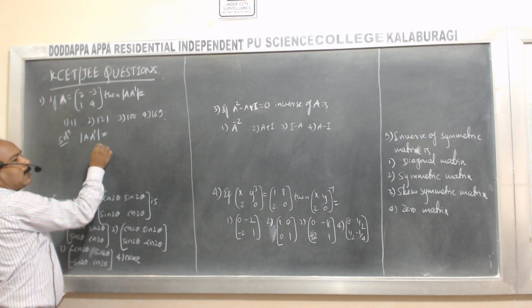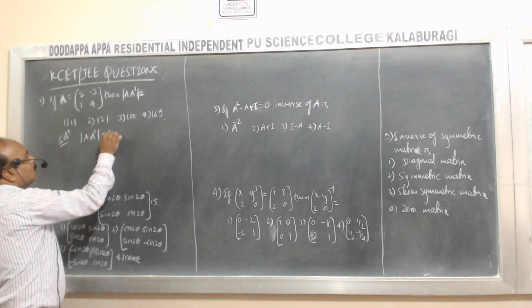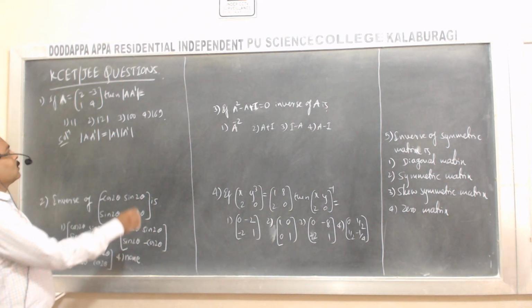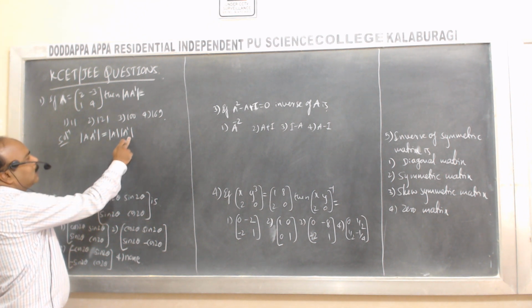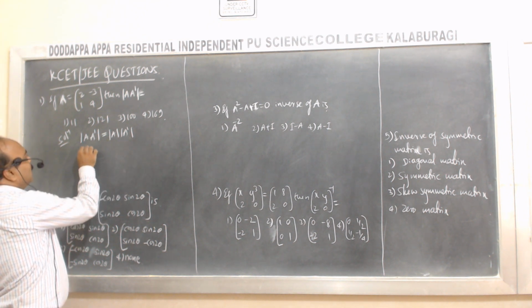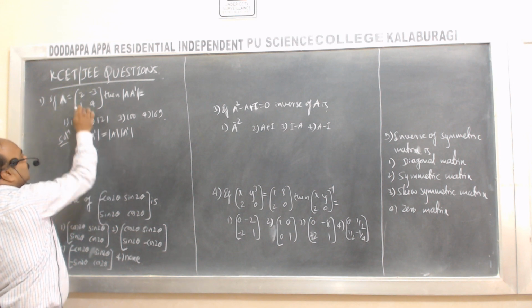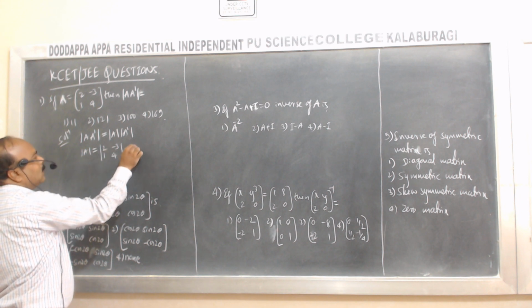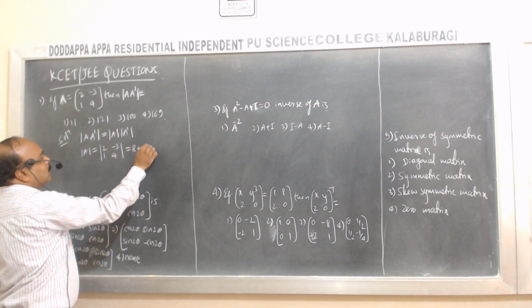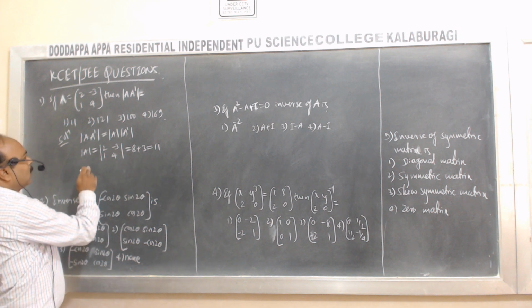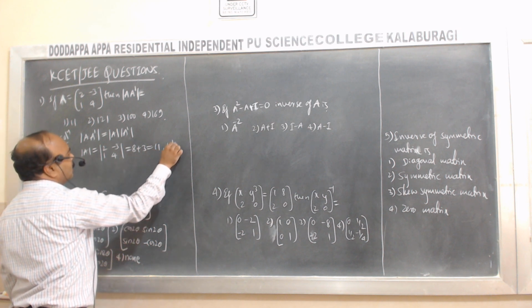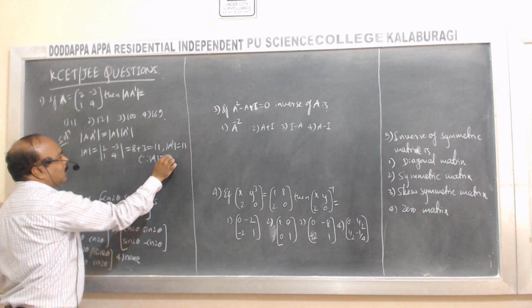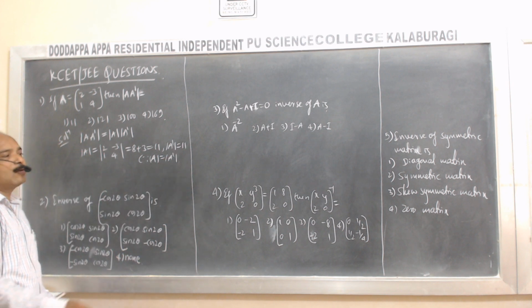Now we can apply the property: determinant of A into A dash is given by determinant of A into determinant of A dash. Now we know that determinant of A and A dash are always equal. For that we find determinant of A. Determinant of A is here 2, minus 3, 1, 4. It is 2 into 4 is 8, plus minus into minus plus 3, it is 11. If determinant of A is 11, determinant of A dash is also 11 because both are equal, because you know that determinant of A and determinant of A dash are equal.